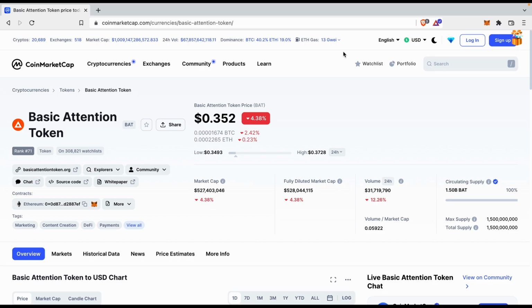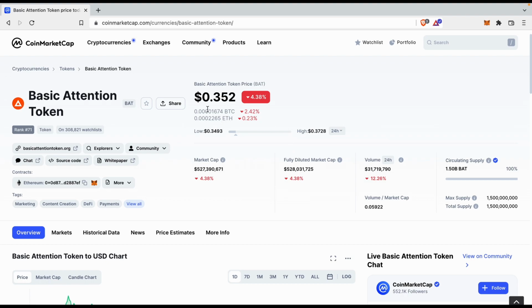So BAT, or Basic Attention Token, is a cryptocurrency. For today, per BAT, it costs $0.352. So if you multiply this one with the current BAT token you have, you can see how much money you have. So now if you're thinking, how can I get that money? Well, you go back here,